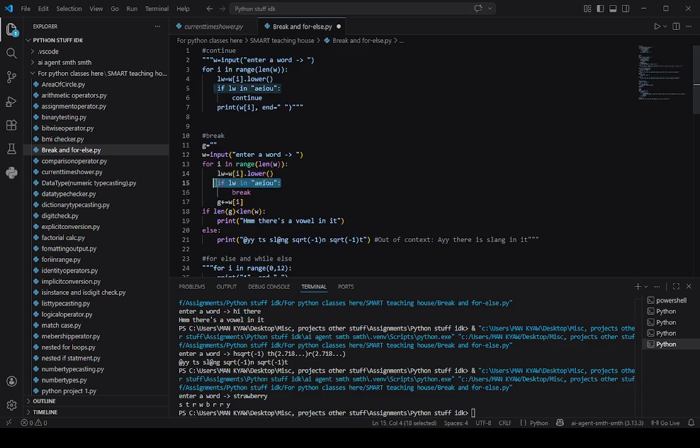And then it checks if the character corresponding to the index is one of the vowels, using the same membership operator in. Then if it is a vowel, that means this is true. It will execute the break attribute, and then it will stop the entire loop. And after this loop has stopped, it will then print this code out